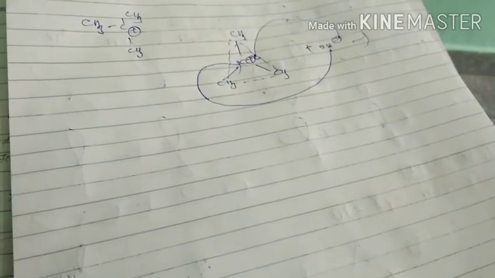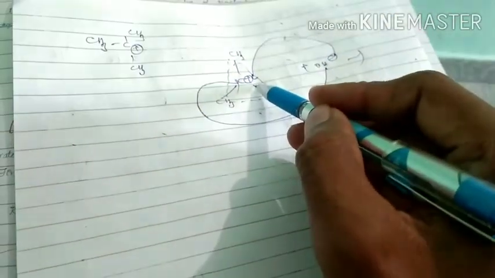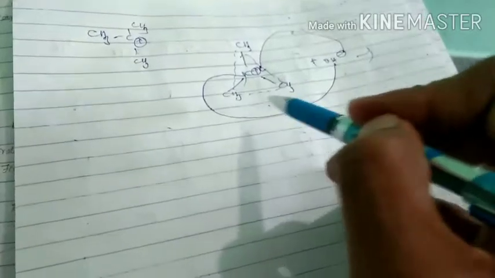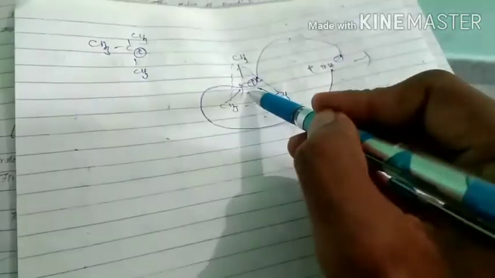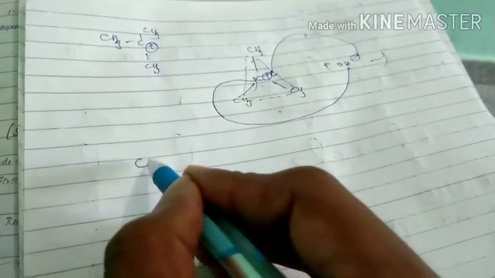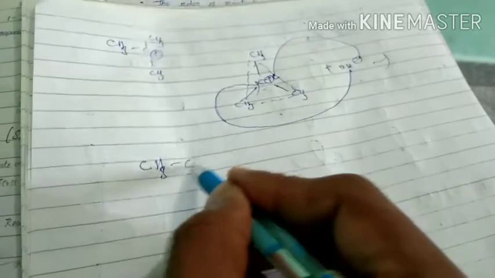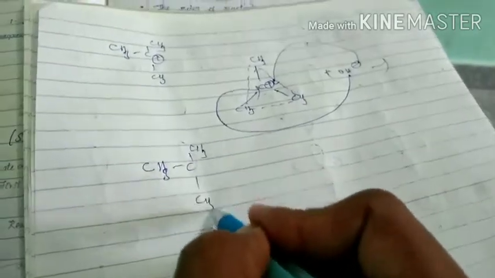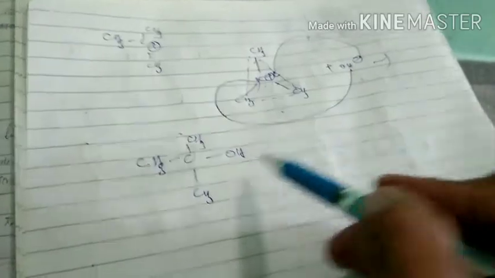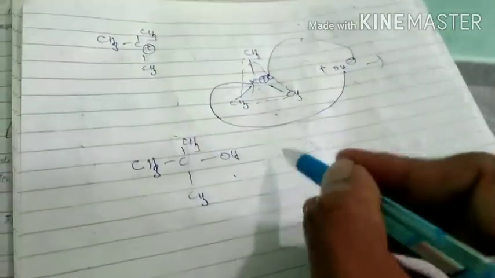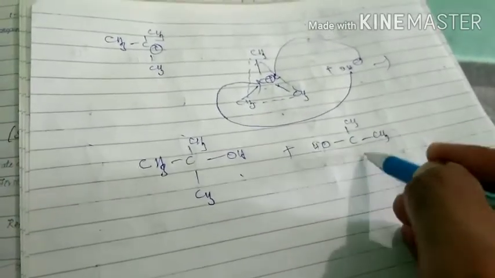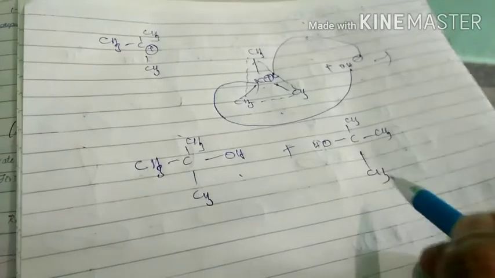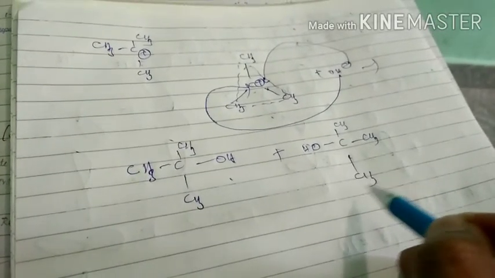That is a very, very important point. Why are there two chances here? Because of its shape, this nucleophile can attack the front side or back side of the carbocation. Then there is formation of two possible products. They are CH3C, CH3, CH3, OH. This is formed when the nucleophile attacks from the front side. And OH, CH3, CH3, CH3. This is the product formed when the nucleophile attacks from the back side of the carbocation.